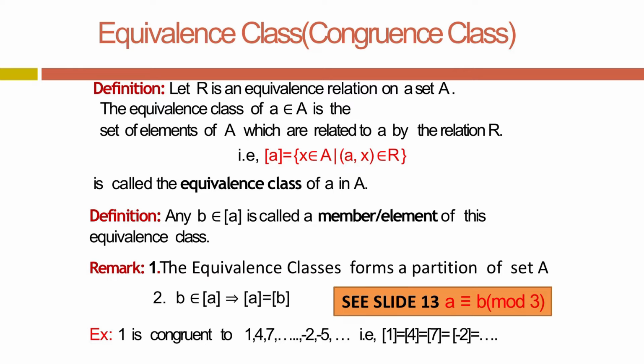And second example, there are 3 examples: the singleton set containing 1, the singleton set containing 2, the singleton set containing 3. This is also a partition, satisfying the condition of partition. But the third one is not a partition because there is {1, 2}, {2, 3}, and 2 is common. So, this is not an example of partition. Finally,